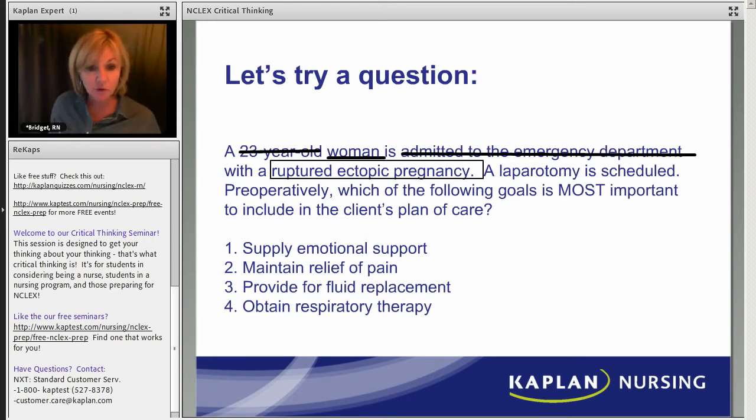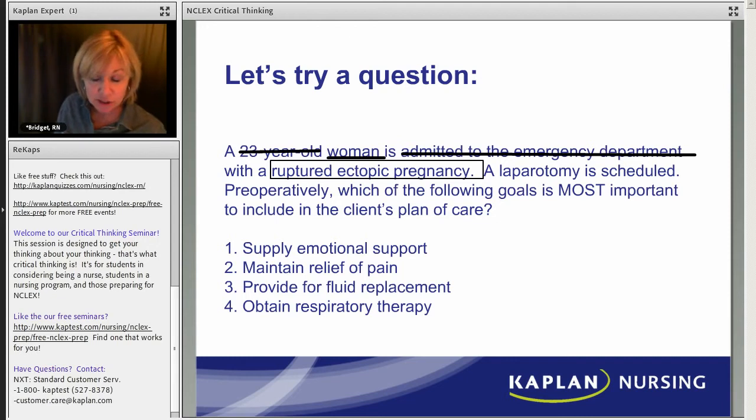When you're preparing, you can write it down on your paper and review that content. That's awesome, and you should do that. But when you're taking the real test, you don't have that luxury, right? So you would look at this word and say there's two words I do know: one is ruptured, and the other is pregnancy. I might not know what an ectopic is, so I do need to look that up later. But a ruptured pregnancy sounds bad. I don't want that, right?